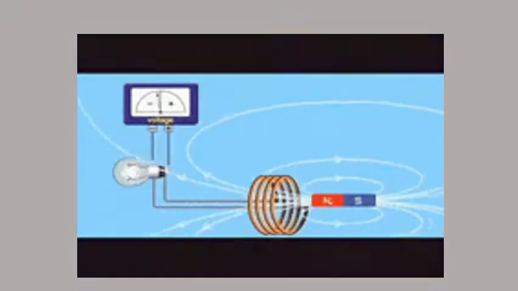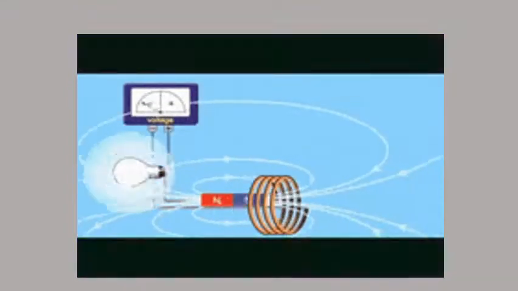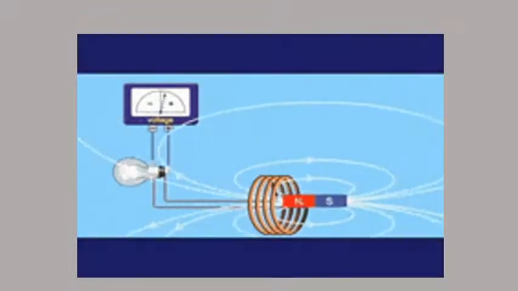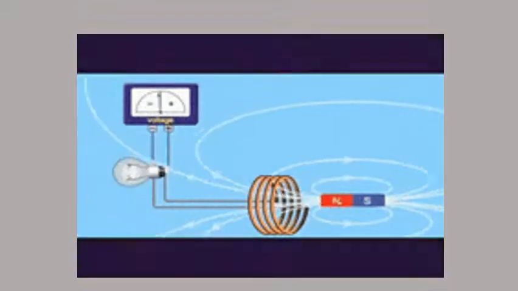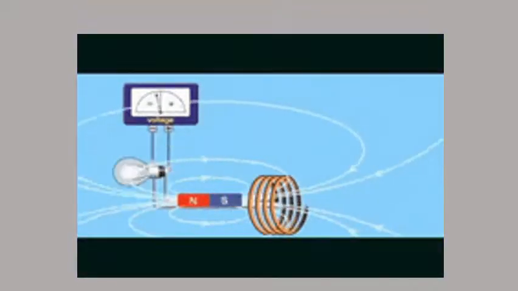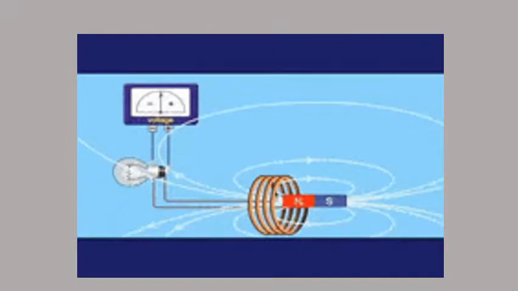Now the next thing is that you are seeing that when this bar magnet is moving towards the coil, the current deflection is showing towards the right side, whereas when it stops moving, the galvanometer instantly shows zero deflection. Similarly, when this bar magnet is moving away from the coil, the deflection of current is showing on the negative side. So it means that there is some influence on the direction of current as well.